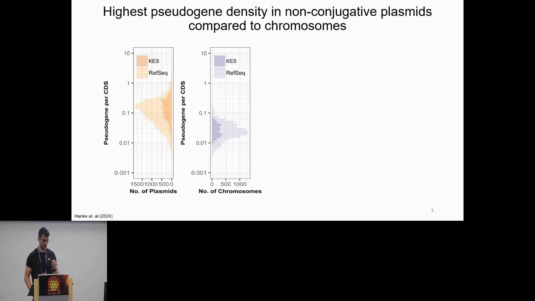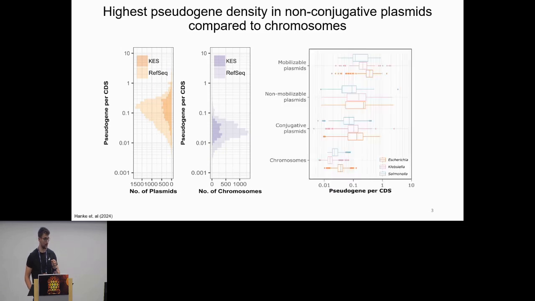First, we have been comparing the pseudogene density of plasmids, here shown in orange, to the pseudogene density of chromosomes in purple. And indeed, we found a significantly higher pseudogene density in plasmids compared to chromosomes. To further pinpoint which plasmid traits might be associated with a pseudogene density, we have been classifying the plasmids into their mobility types, here shown as conjugative, mobilizable and non-mobilizable plasmids. And indeed, we found an association of the plasmid mobility with a pseudogene density, where non-conjugating plasmids showed the highest